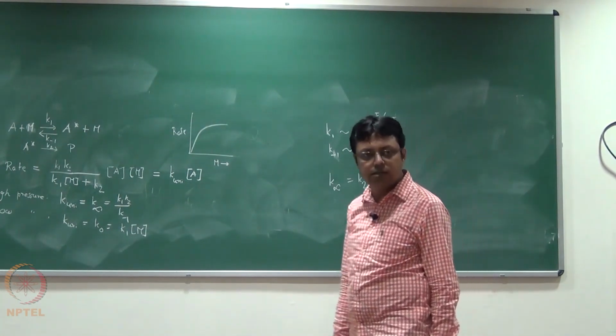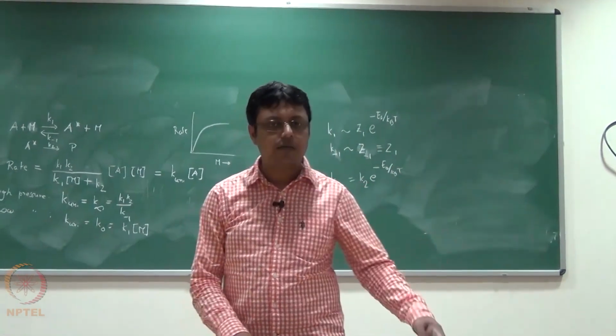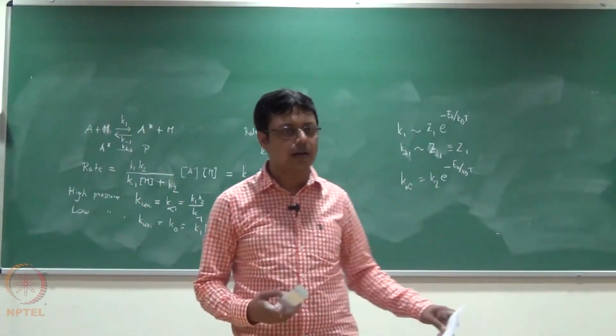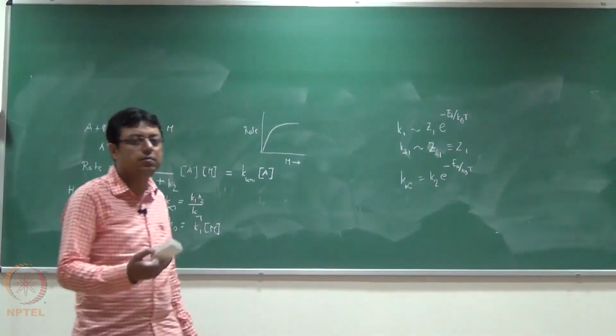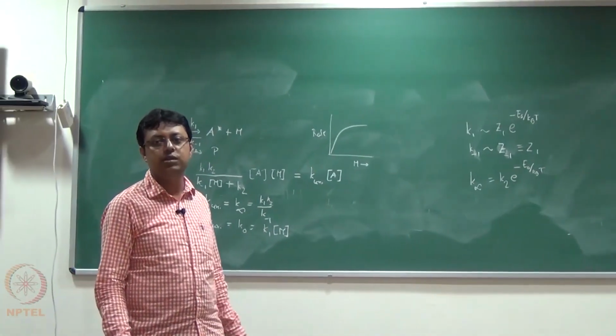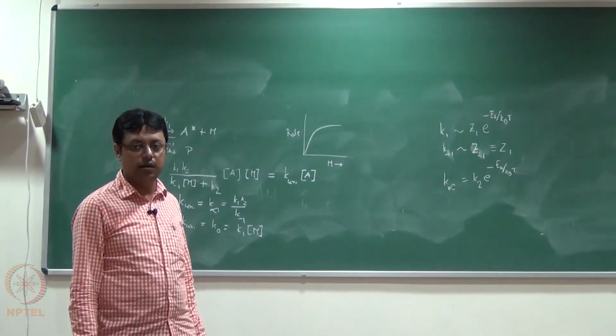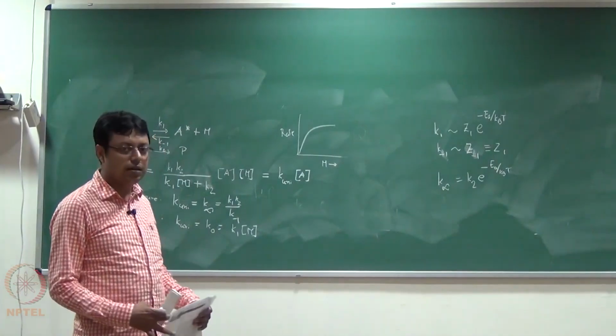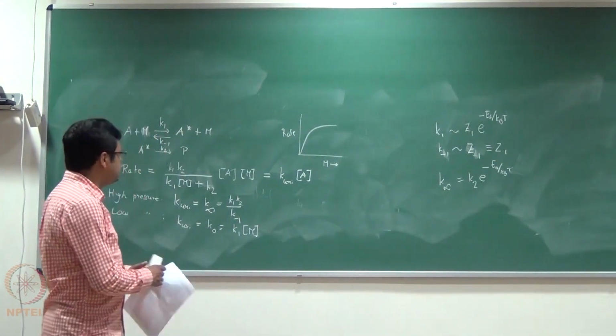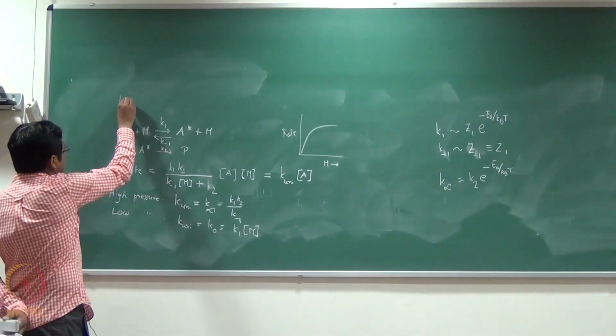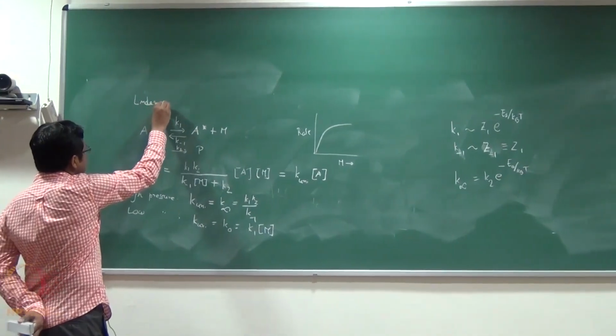E0 you can get from Arrhenius parameters. But when they plotted it, they found that it doesn't match, and it's a huge deviation. Another question was why huge? So this is the Lindemann hypothesis,